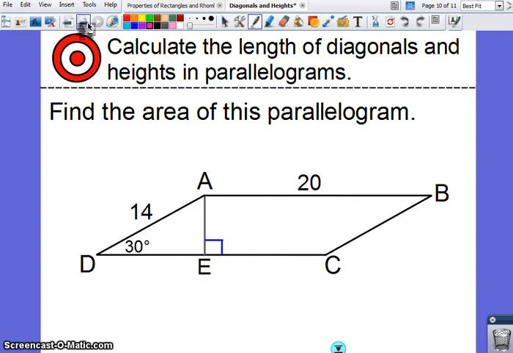Okay. So kind of similar idea here, except this time this 30, 60, 90 is on the side. So this is actually my short leg. So if this is my short leg, all I have to do to get from my hypotenuse